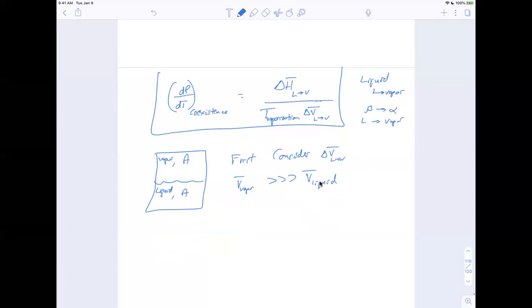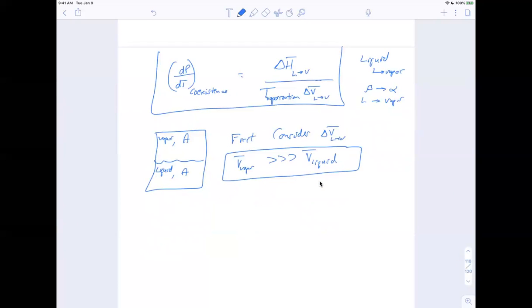So what this allows us to do is make an assumption. Okay. So this experimentally observed result allows us to make an assumption in our theoretical formalizing of this,